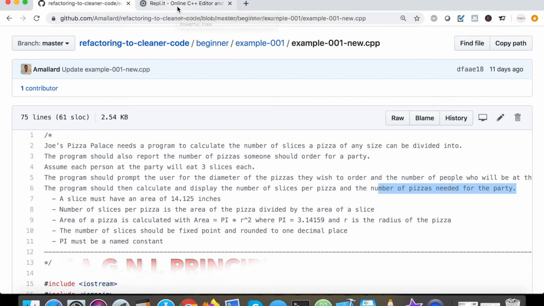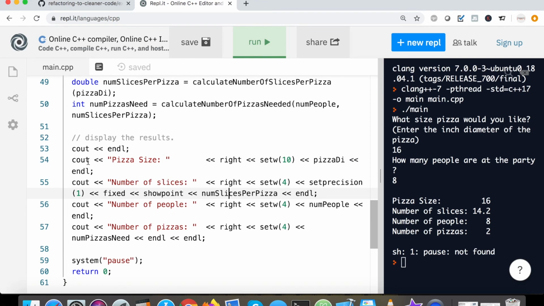Don't design stuff with the future in mind, or don't design something just because you think it's gonna be great and grand. You're just wasting time. If it's not gonna be needed, then don't do it. Don't waste time actually doing it. That's the YAGNI principle. So I'm gonna go ahead and take out this line here because it never asked me